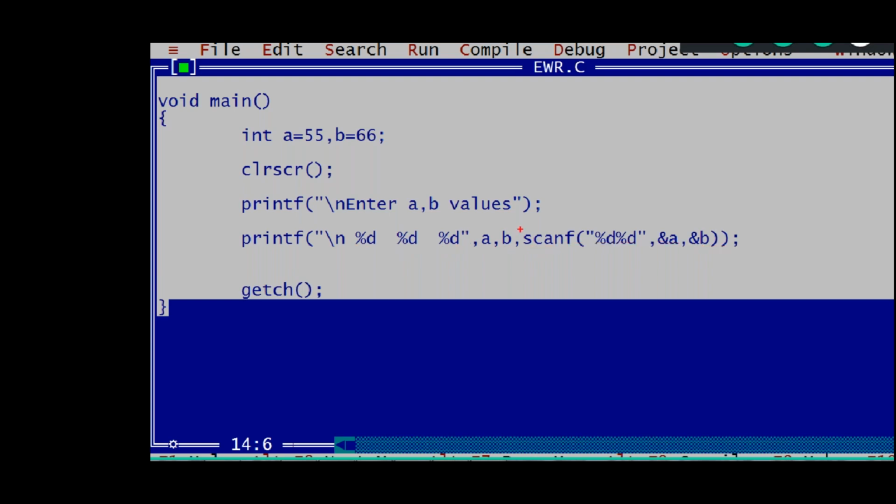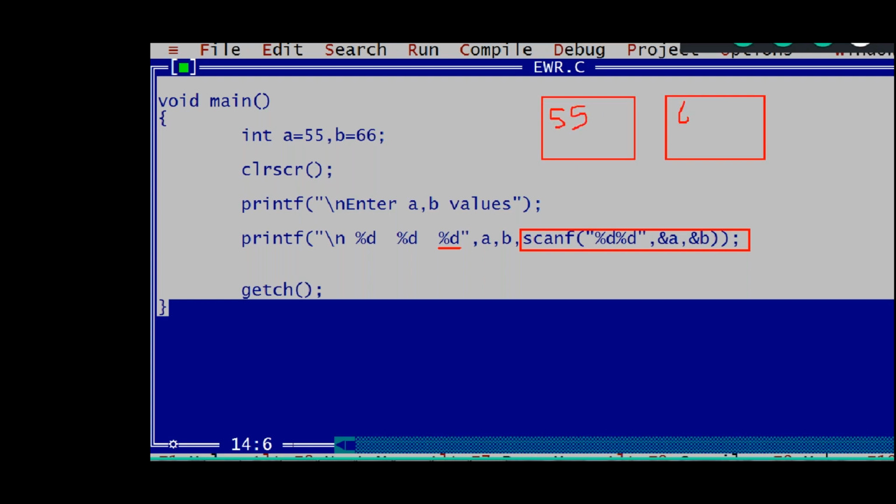We are reading with scanf, so we are modifying the A and B values. Now A is 10 and B is 20. Now which value will be printed? What is this percentile d, guys? The scanf value, yes or no? The scanf value is 2. What is this value, guys? It takes right to left, right? It's B, which is 20, no doubt. What is this value? A, which is 10. Now the answer is 10 space 20 space 2. That is the answer. Okay?